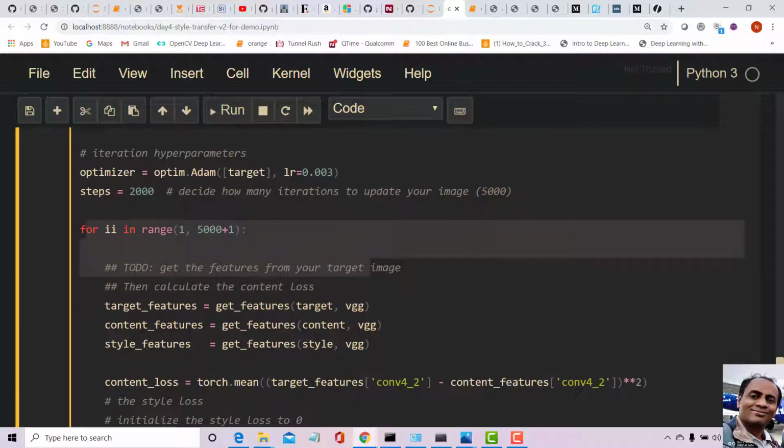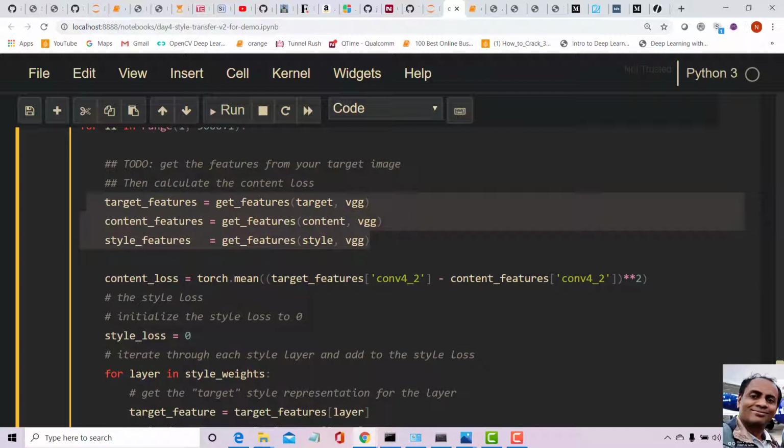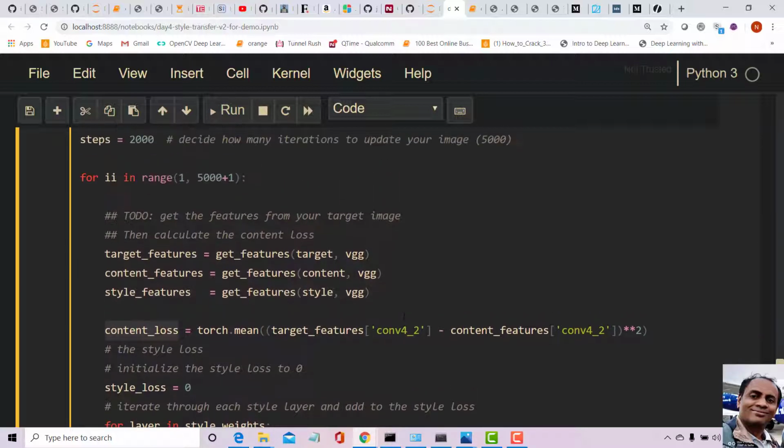As I showed you, we get the features from the VGG network of the 6 layers that I described: content features and style features. So we got 3 different features here. 3 things need to be clearly understood: target features, content features and style features. Target features capture the features of the generated image. Content features are the features of the original image, and style features are the features of the style image.